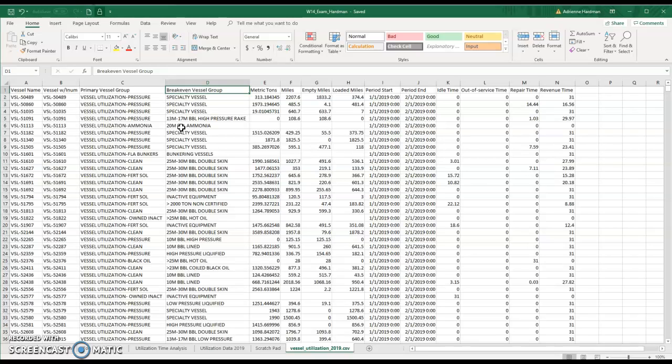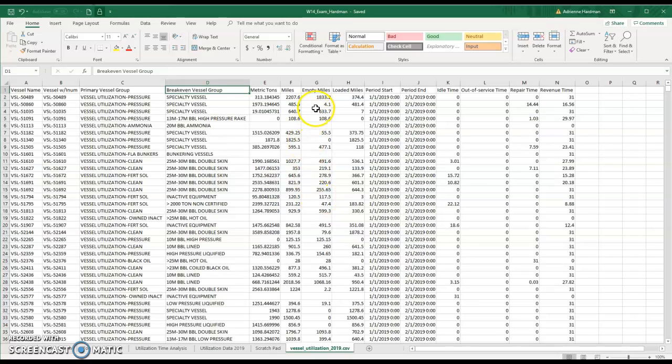I created a separate value file containing utilization data for these vessels. I should point out this data has been randomized. The utilization data considers two important sets of data. The first has to do with how much cargo is transported and how many miles were traveled moving the cargo. The second deals with the amount of time that the vessel was making revenue versus being repaired or being intentionally